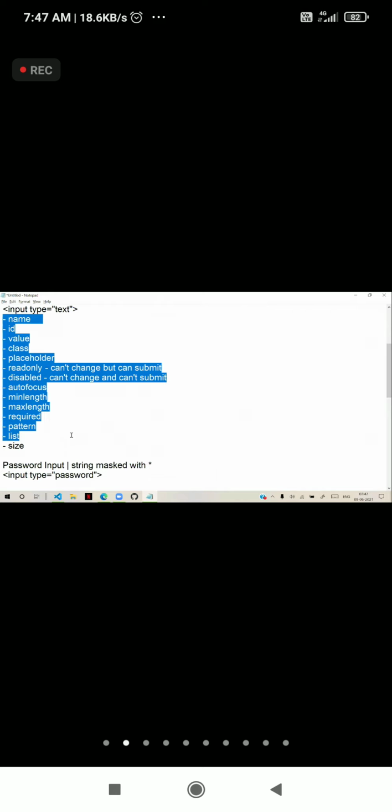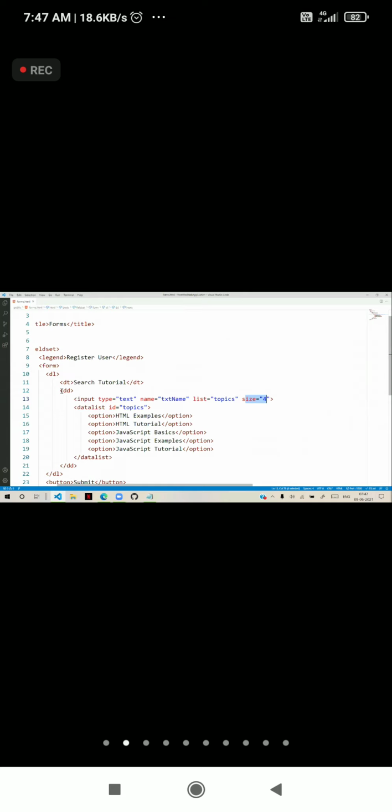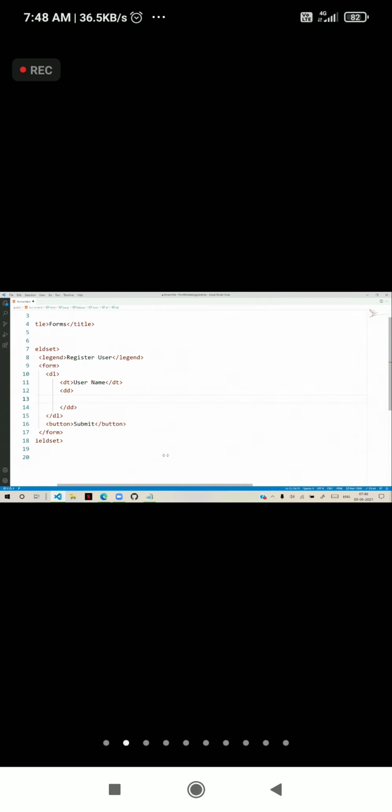For example, here I will write the first one. So the first one I am defining here is username, and here we give a text box. Just the definition: input type is equal to text, and the name is equal to txtName.